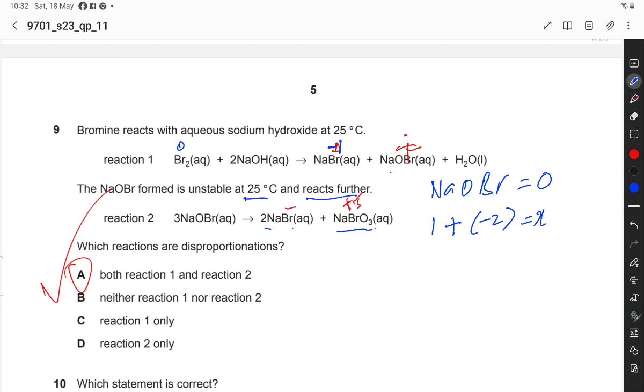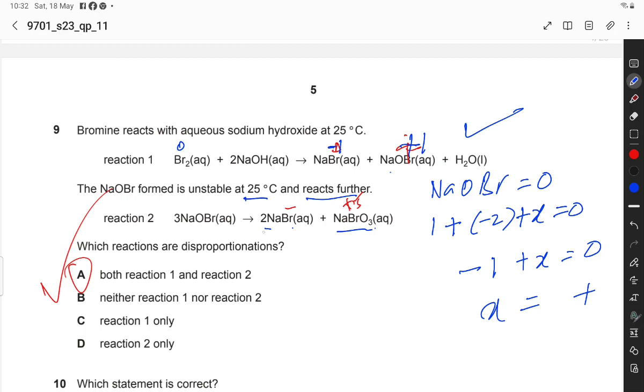So minus 1 plus x is equal to 0, where x is equal to plus 1. So bromine is carrying plus 1. So this is also a disproportionation reaction, and in reaction 2